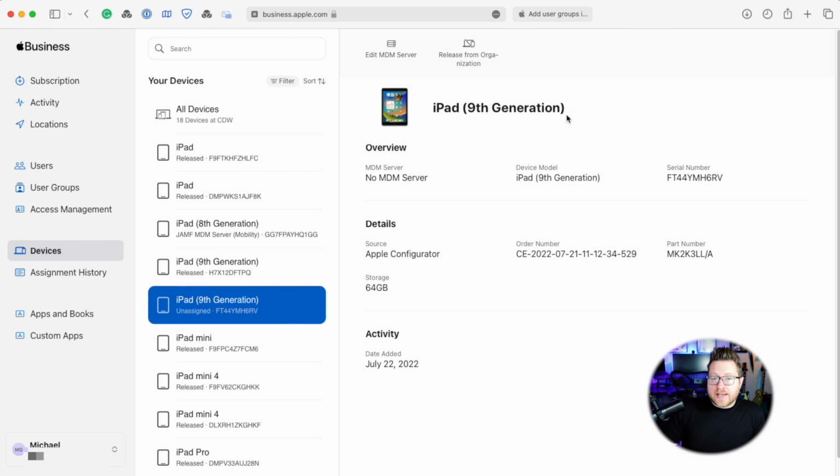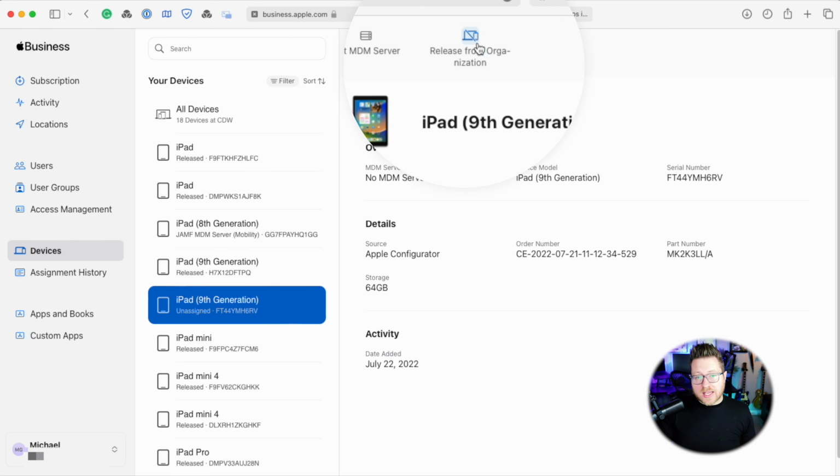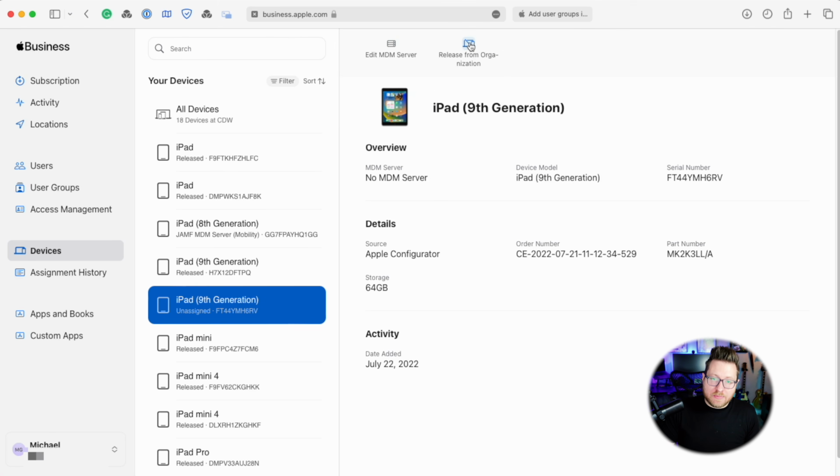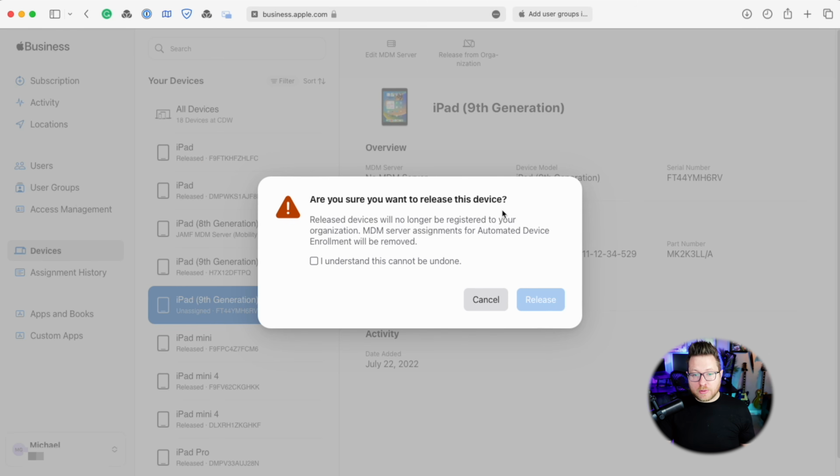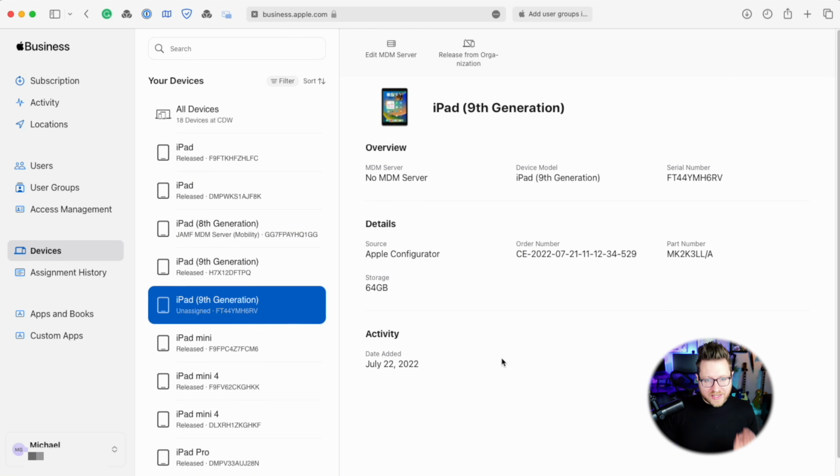There is also a button up here called Release Organization, to the right of Edit MDM Server. Say you have a device that's past its age and we're not using it anymore, so maybe we want to gift it or whatever that may be. Hit Release Organization. You'll get some prompts asking if you're sure you want to do this, because once you release it, it cannot come back in unless we manually do it through Apple Configurator. Hit release, and that device is gone. That is a permanent thing, so just be careful. Make sure you actually want to release it and not reassign it to a different MDM,